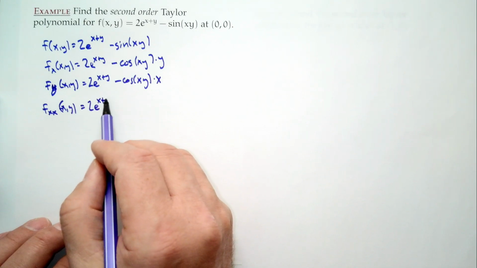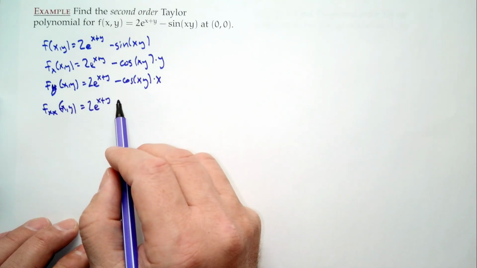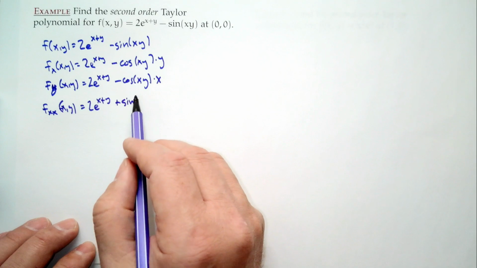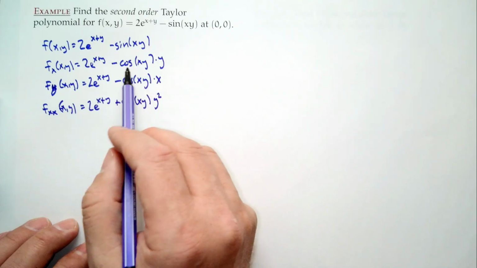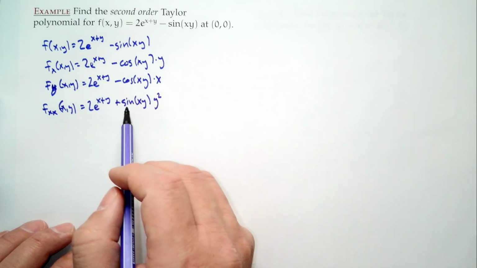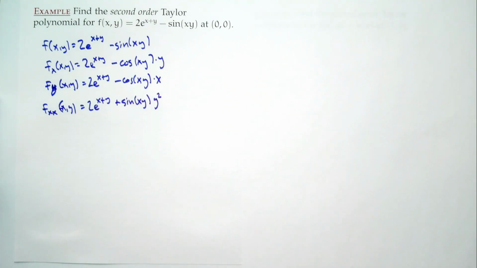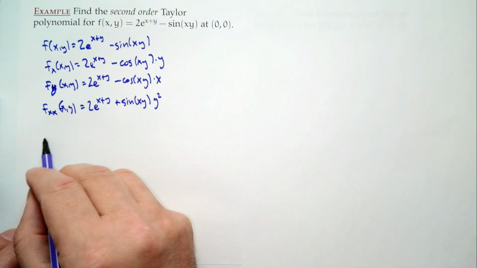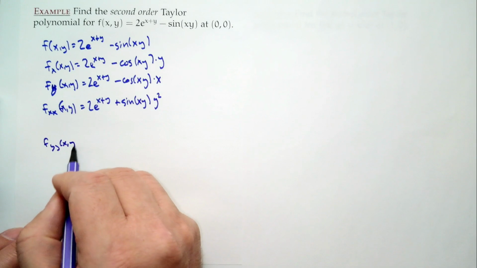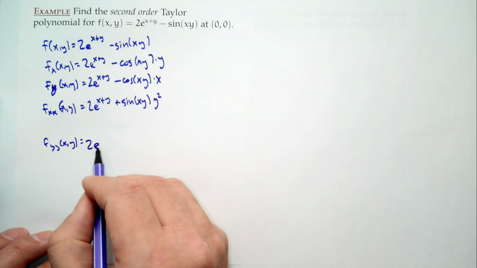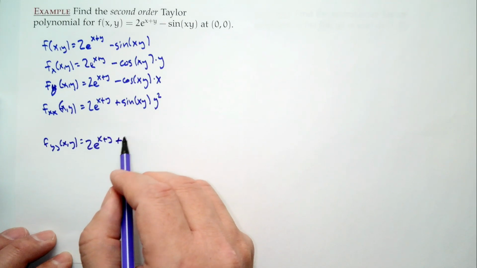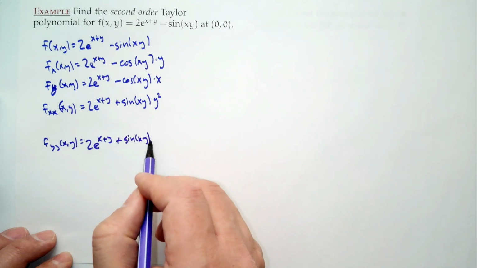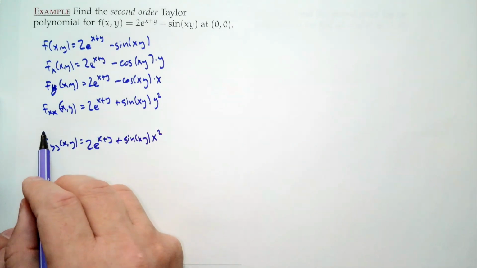So hopefully this is not too surprising. It may not be very exciting. It's just a matter of being patient. Sine of xy times y squared, because the derivative of cosine is negative sine, minus minus makes a plus. And then there's another y that comes out. Then fyy, I'll skip ahead one, because that one's not too bad. 2e to the x plus y, plus sine of xy times x squared, and of course, sort of the more